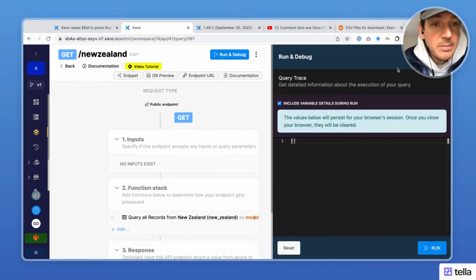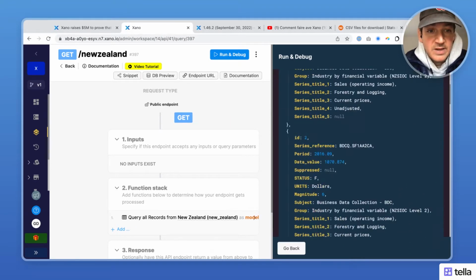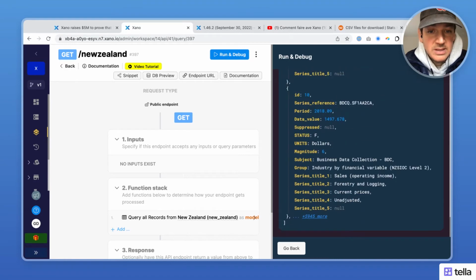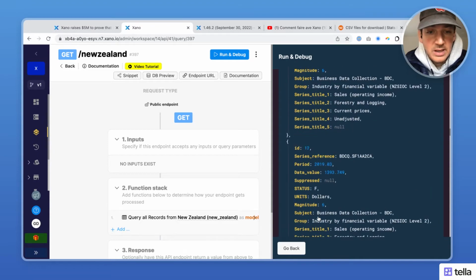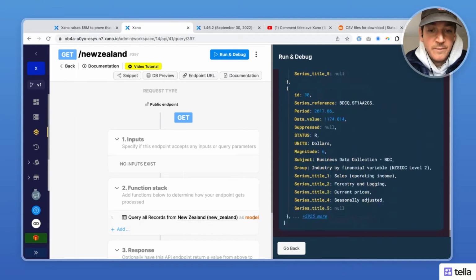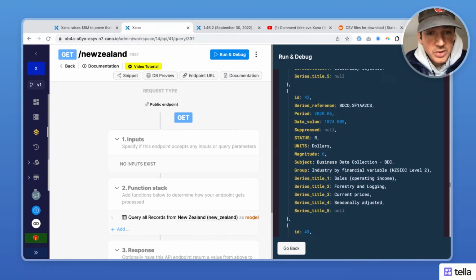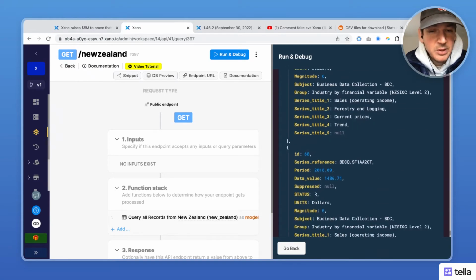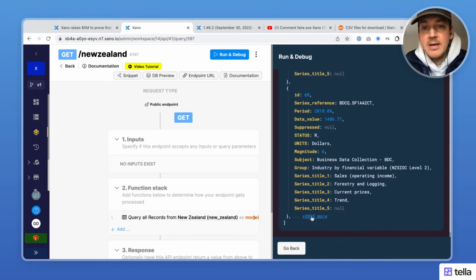So if I do the run and debug on that table, it takes a few seconds. But then if I scroll down, you'll see there's this plus 5945 more. So you can click on it and see a few more records. I'm not 100% sure because I did not quite run into that before, but I'm assuming that's what they meant by